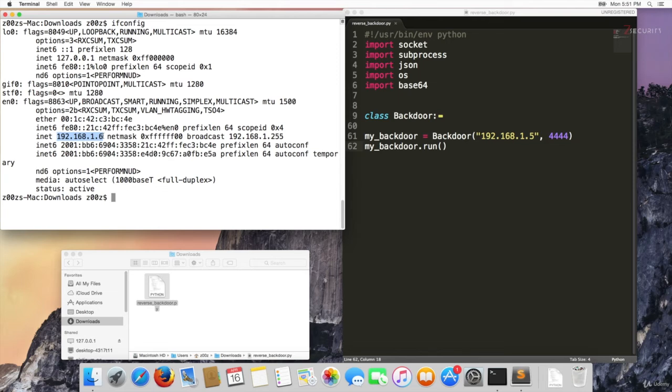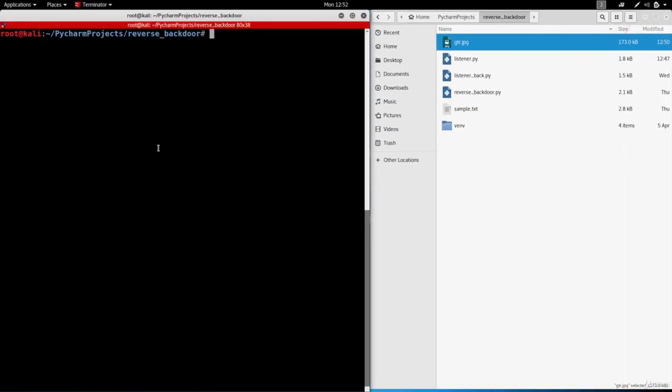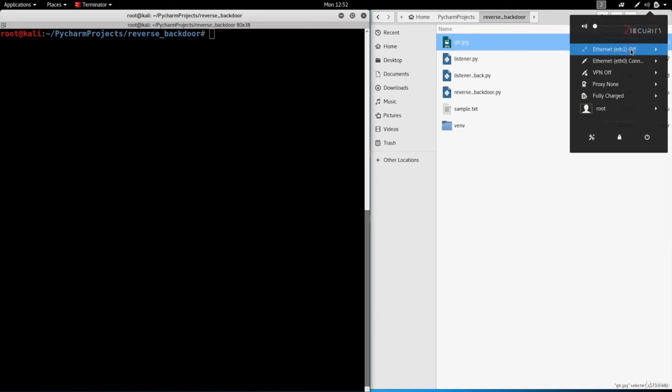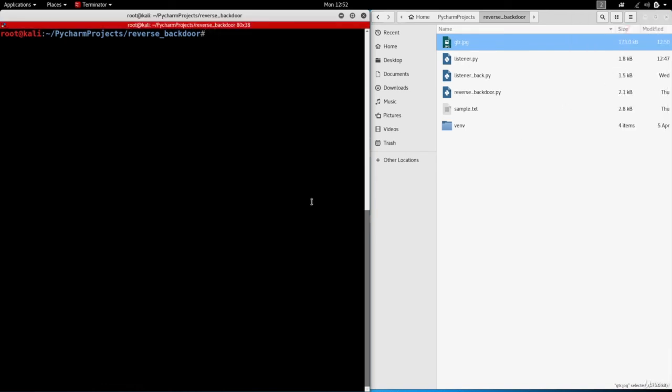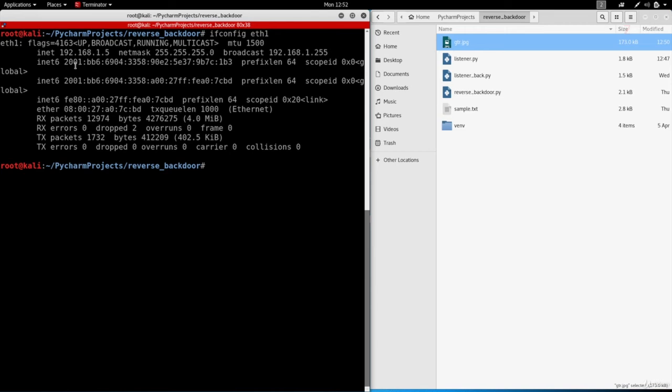And if we do the configuration wrong, then the attack will not work and we'll think that there is something wrong with our program. So when testing, it's actually better to make sure the two computers are on the same network. So I actually configured my Kali machine to also connect to the same network as this Mac OS X machine. So all I'm going to do now is just connect to the same network as the Mac OS X machine. And now if I do ifconfig eth1, you'll see that my IP is